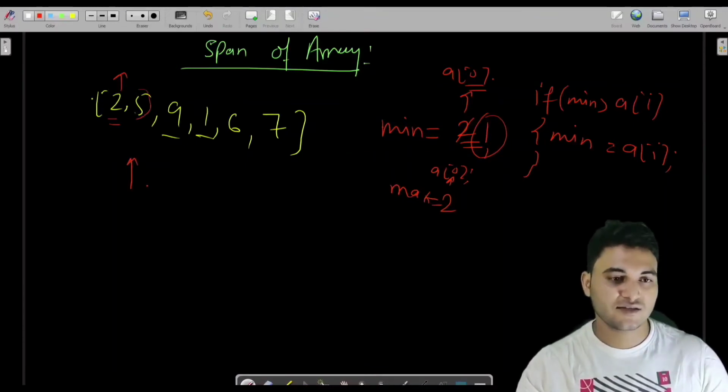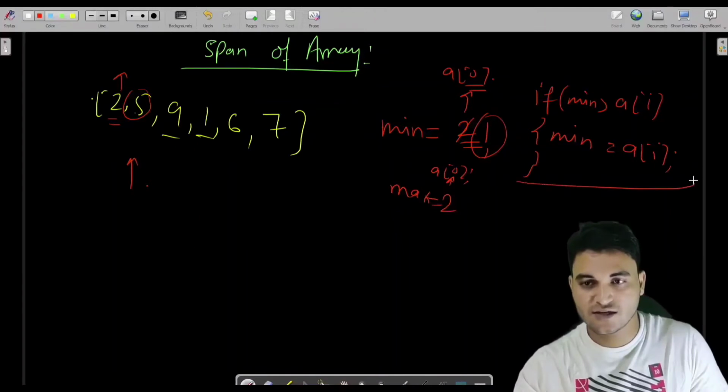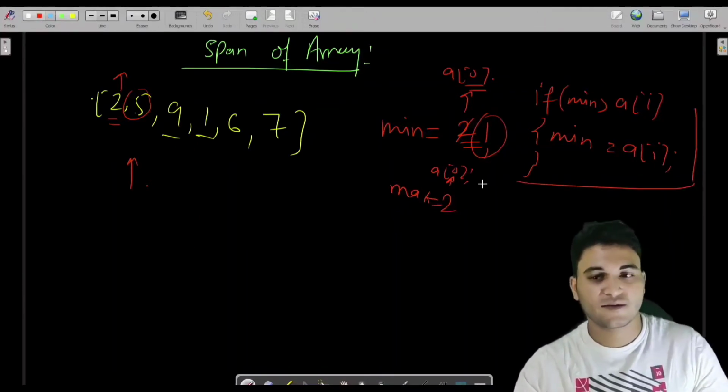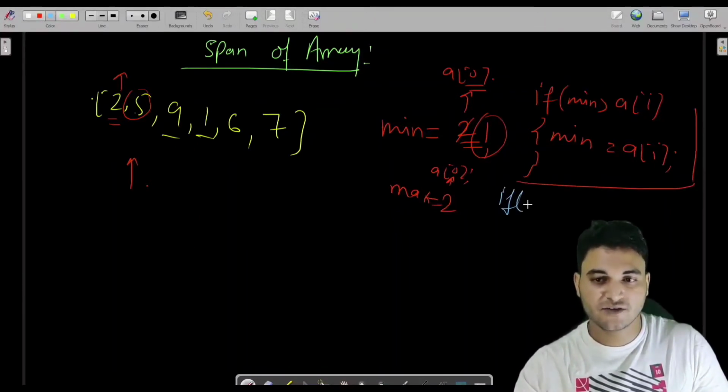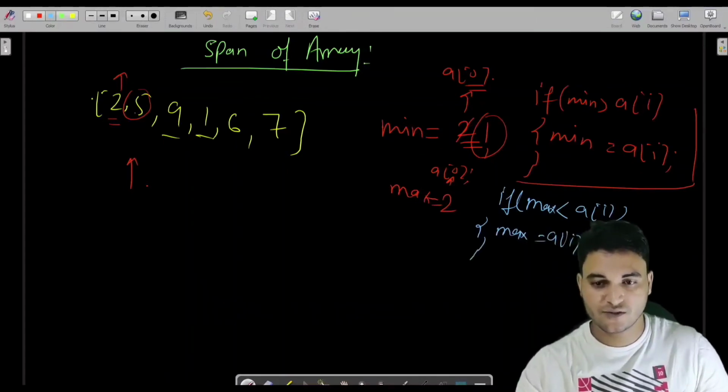Now this is the condition for minimum and this is the condition for maximum: whether max is less than a of I, then we just need to replace a of I into the max. I hope it should be visible to you.